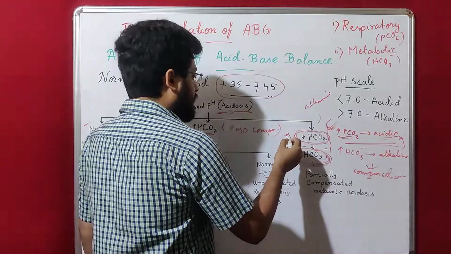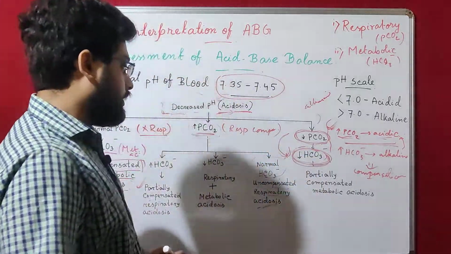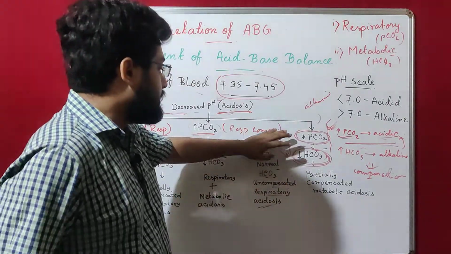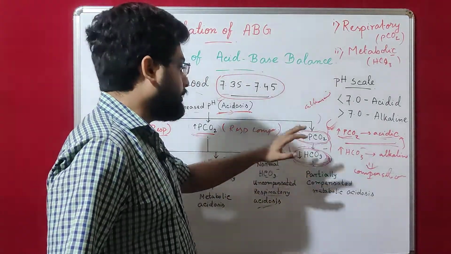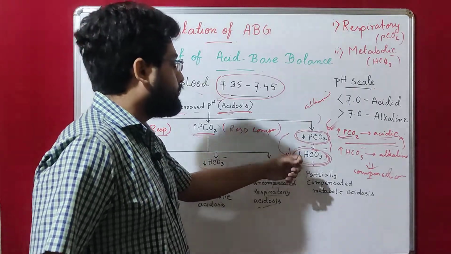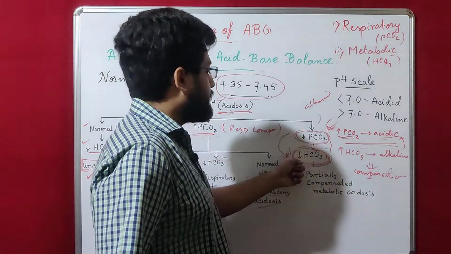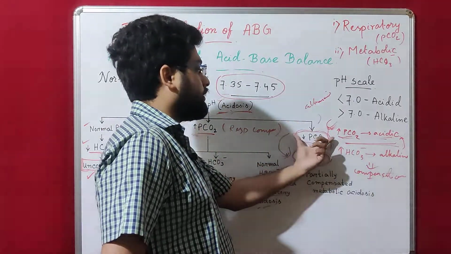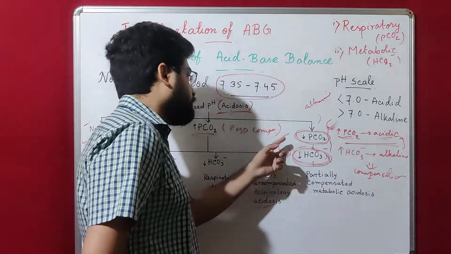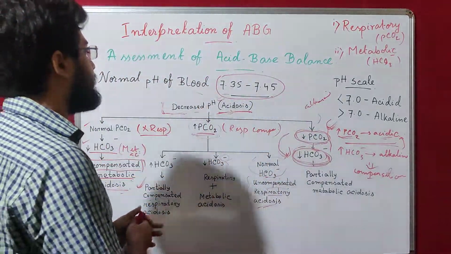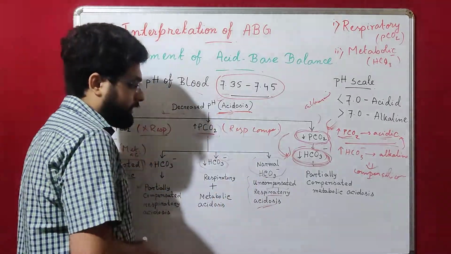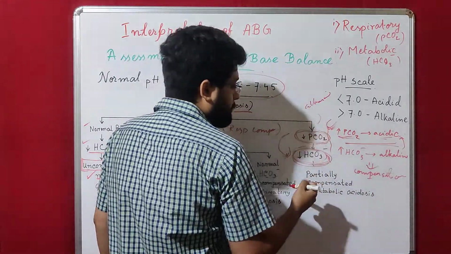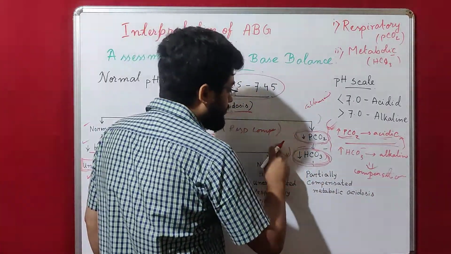But is this compensatory mechanism, is this compensation, is the body able to fully compensate the acidosis due to the decreased level of bicarbonate ion through a decrease in PCO2? No, because the pH is decreased and it is showing acidosis present. That means here also the compensation mechanism is partial. It is not complete.